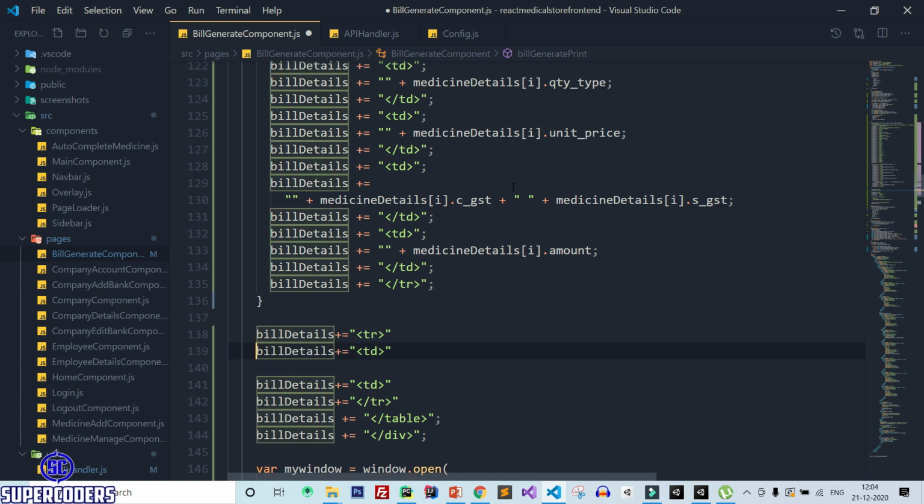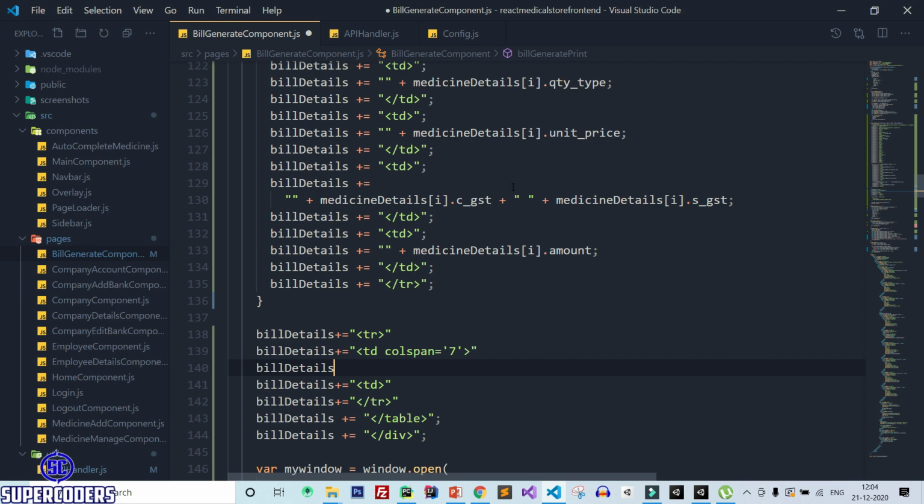After that, make it col span equal to 7, and after that, bill details plus equal to total, and here total amount. So copy this total amount,